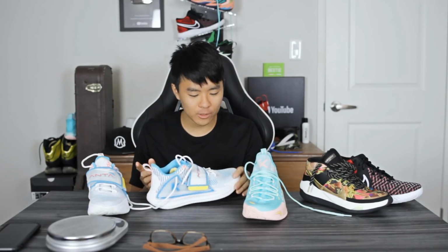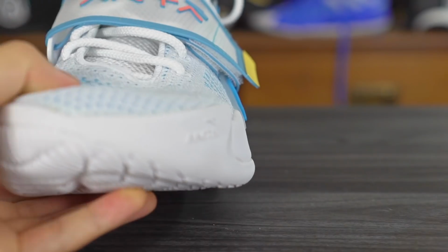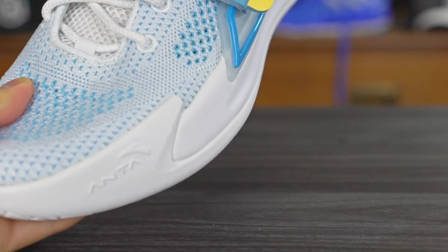And if you have a wide foot, just watch out, probably go up half a size or maybe even a full size because it is pretty narrow. But then, like I said, I feel like this material will stretch out over time. As far as the support and lockdown goes, I feel like it's going to be okay. There's really no outrigger or anything, but it is a wide base and you are low to the